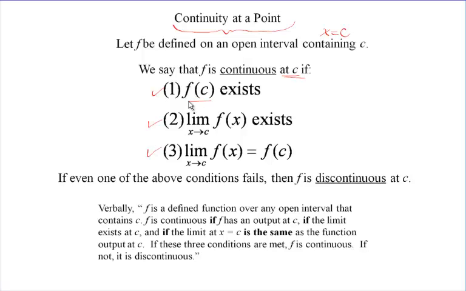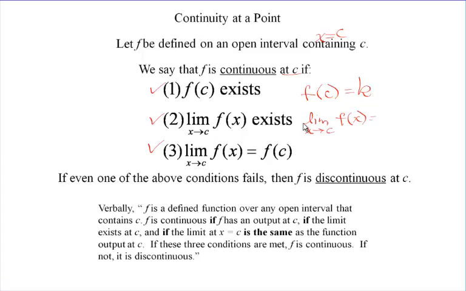First of all, the output exists. F of c must have a corresponding output of some real number. It cannot be undefined. The overall limit, this is not a one-sided limit, this is the overall limit at c for that function